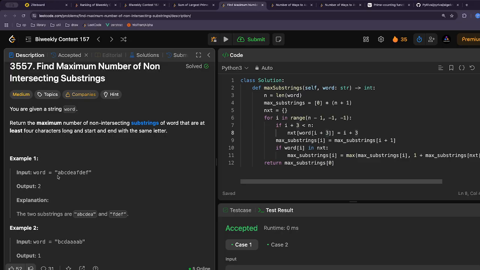Instead of saying where I'm going to start, let's think about where I'm going to end. And what you realize is that you want to end as soon as possible, right? It doesn't matter which letter it is. You want to end as soon as possible, because you can do the same kind of argument, right? If it turns out that,